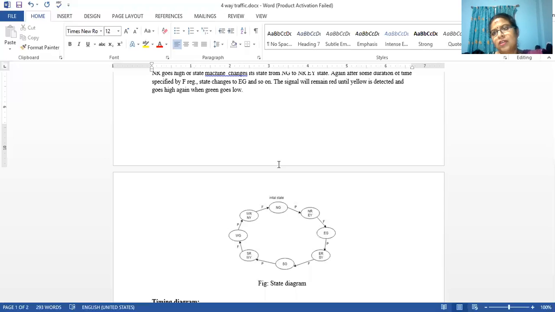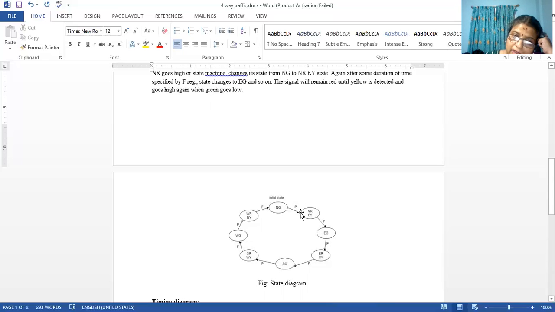Now, I have loaded the counter with the value of how long the green signal has to stay. So for example, if I take 40 seconds, after 40 seconds my state machine moves from the north green state to the north red state, or it can go to the east yellow state. You can give state names as per your wish. I prefer to give east yellow because I will look for the counter for yellow. I am not going to look for the counter for red.